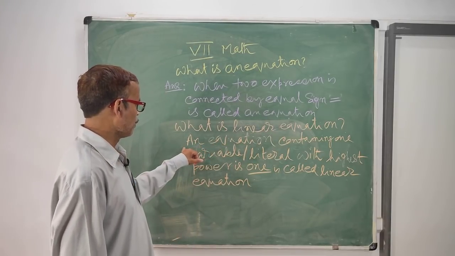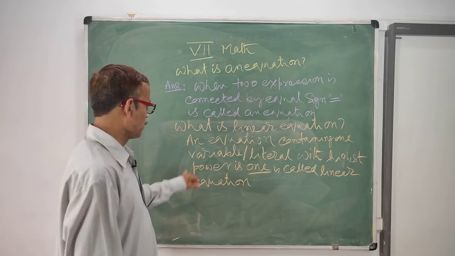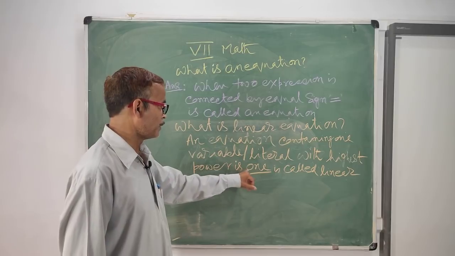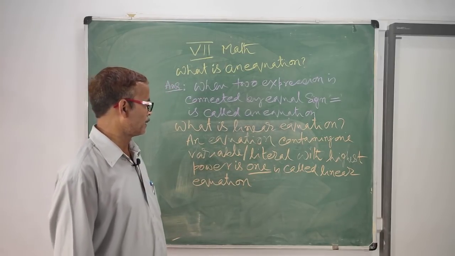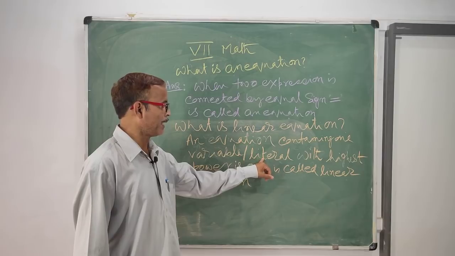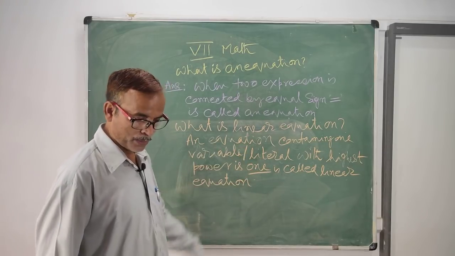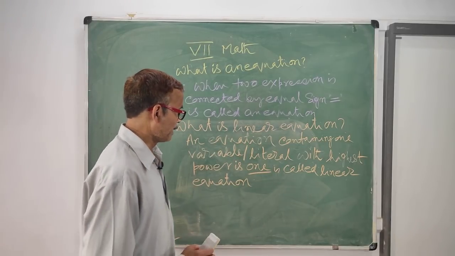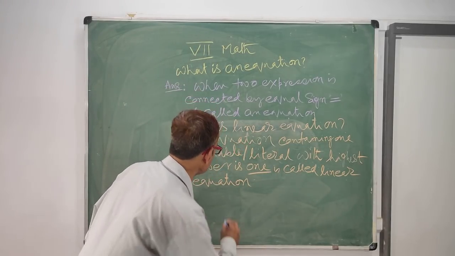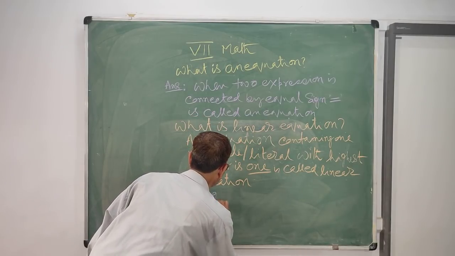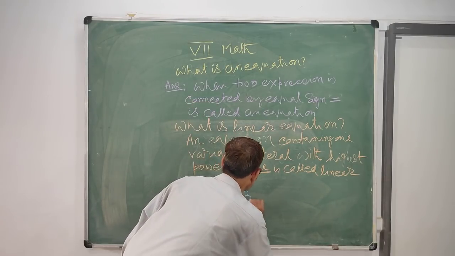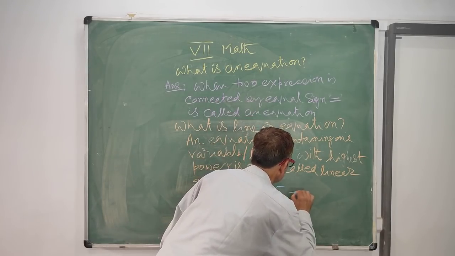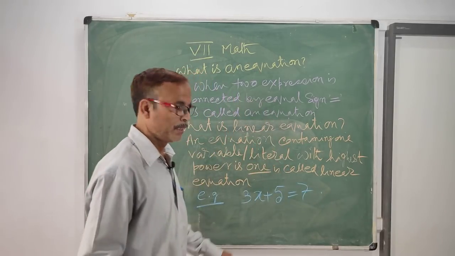An equation containing one variable or literal with highest power 1 is called a linear equation. So variable and literal are same, and the power of the variable is 1. That is, suppose an example is 3x plus 5 equal to 7. Here